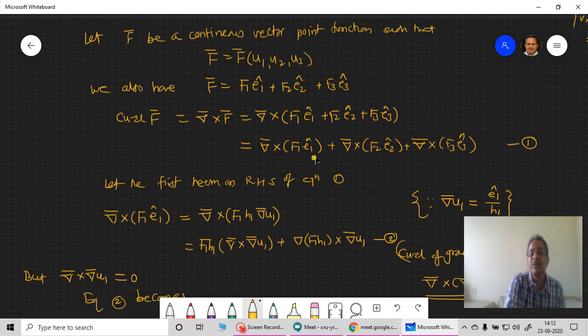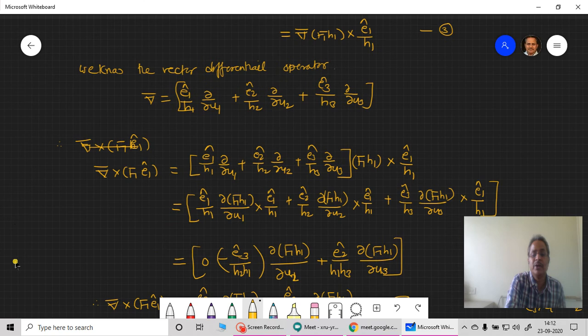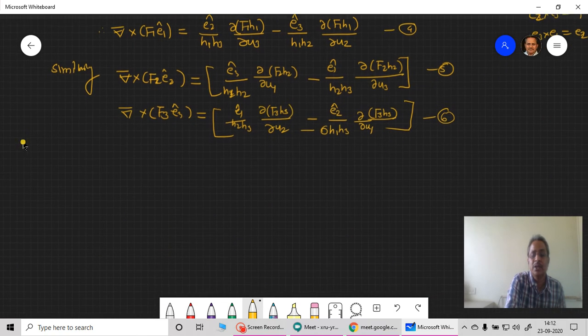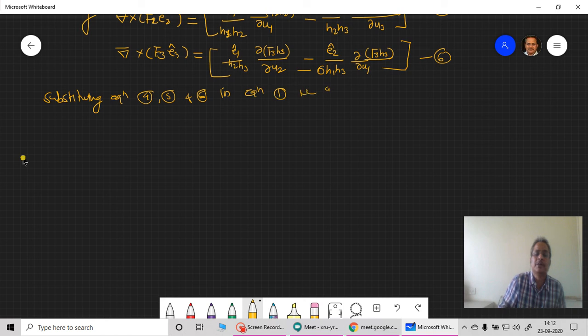This is equation 1. I have obtained this and this. So substituting all these three equations 4, 5 and 6 in equation number 1, let's go for equation 1 and substitute it there. Therefore, substituting equations 4, 5 and 6 in equation 1, we get